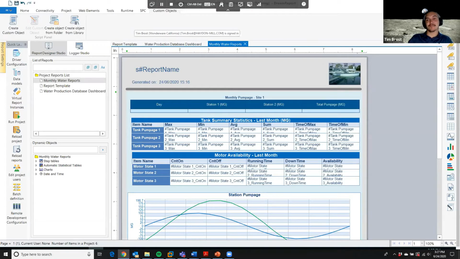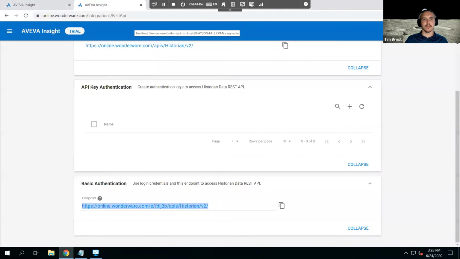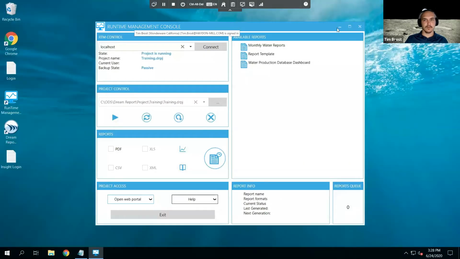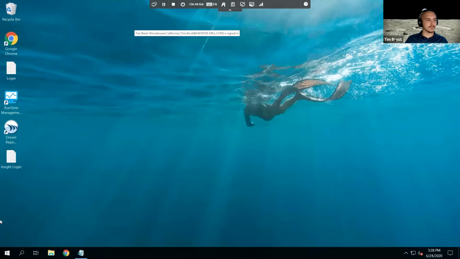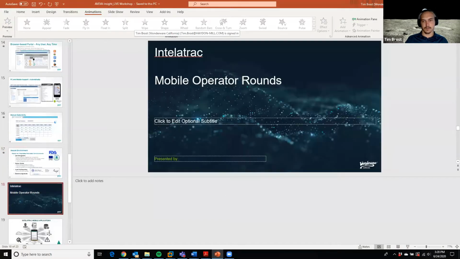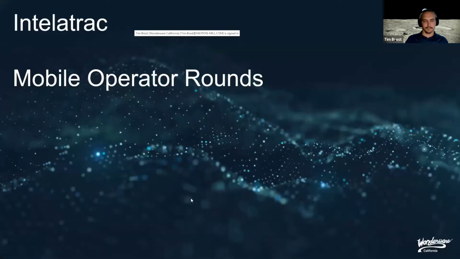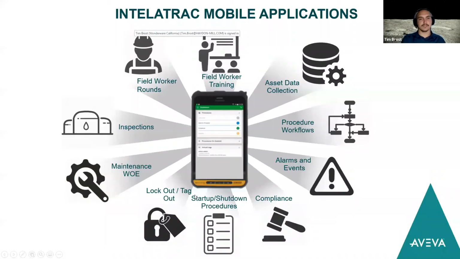So the last session, as I mentioned, is on IntelaTrac mobile operator rounds. If you hear me say mobile operator rounds or IntelaTrac, just know that those names are interchangeable. Close out of this and pull up my PowerPoint. So just to touch over, at a high level, what IntelaTrac is,